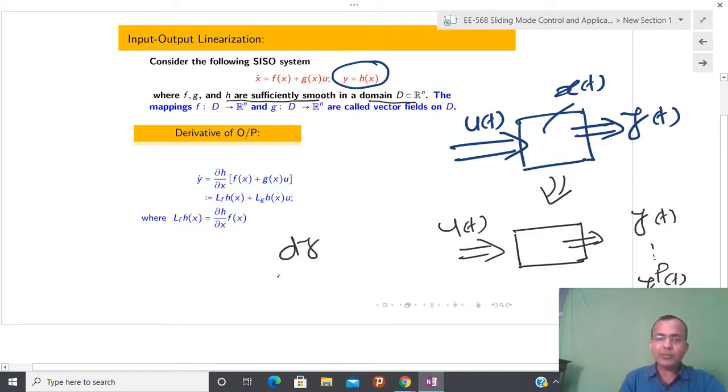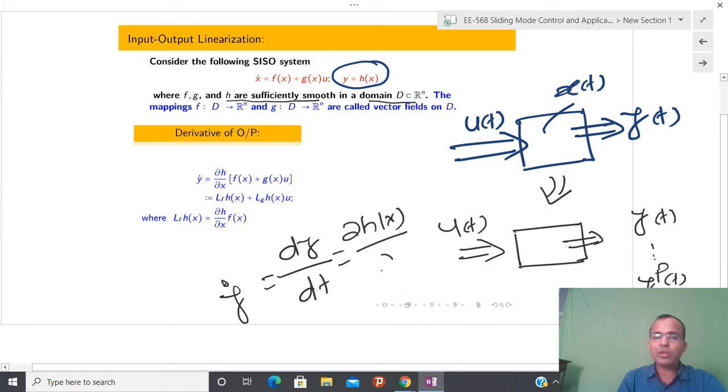In whatever domain D I have taken, in that particular domain I am going to calculate dy/dt, which I am also representing using y dot. Whenever you write dy/dt, you can see that h is a function of x, and x is a function of t. Due to that reason, the partial derivative comes into the picture, so ∂h/∂x, and after that I have x dot. What I am going to do now is substitute x dot. Then you can see that this term comes into the picture. Does anyone have confusion up to here?